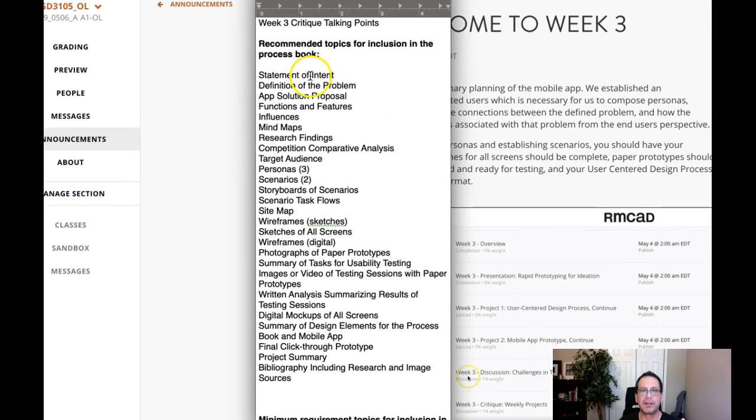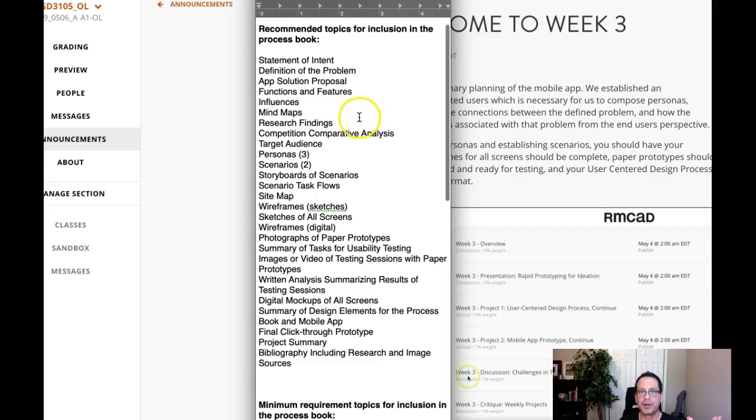book. But it's basically this: statement of intent, definition of the problem, app solution proposal, functions and features, influences, mind maps, research findings. These are influence and mind maps. Those can be optional. Recommended but not required. Research findings, comparative analysis, target audience, persona, scenario, storyboards, scenario, task flow, sitemap, wireframe, sketches of all screens, wireframes, digital wireframe sketches, photographs